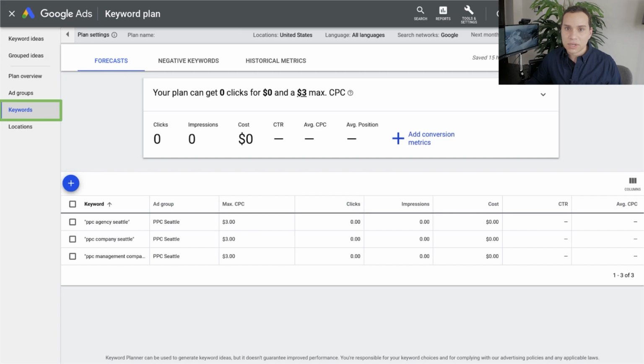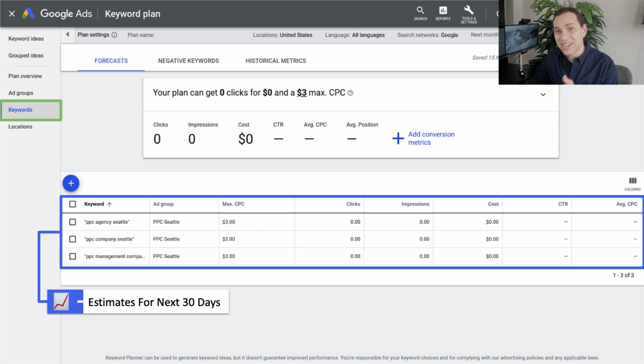So we'll click on keywords to see our projections for the keywords that we've chosen, and 0. This isn't necessarily a bad thing. So we'll go through how to change this data, and then we'll try and fix it so we actually get some numbers here. But don't freak out if this happens to you too. It just means you're being specific. Google likes to give data on really broad stuff. They don't like giving away the data on the juicy, really good keywords that are very specific like these.